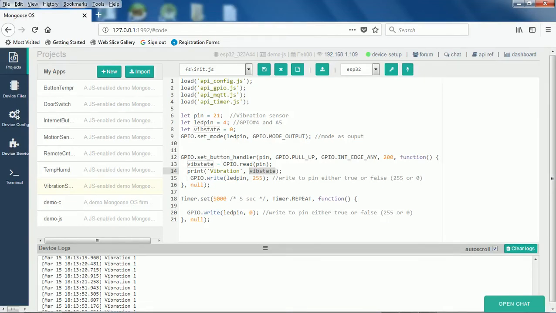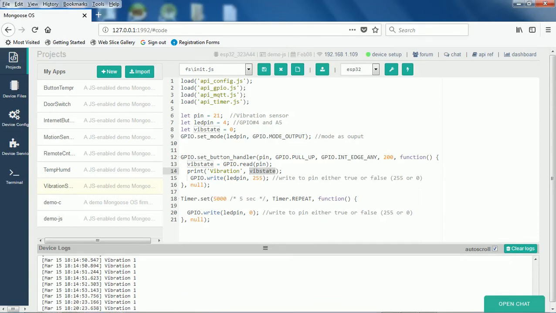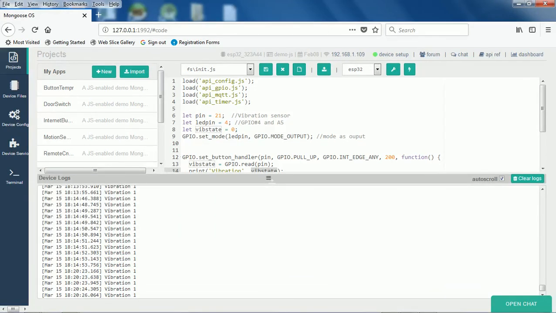So maybe I'll just move this a little bit, so you can see this vibration is updated a little bit, it is going up, so this scrolling is happening. So now you can see it was just getting updated here. You can see I'm just purposefully doing it by my hand, so those values are getting updated here. Even if I am doing it quite fast, it's good enough to actually capture the vibrations captured by this sensor.